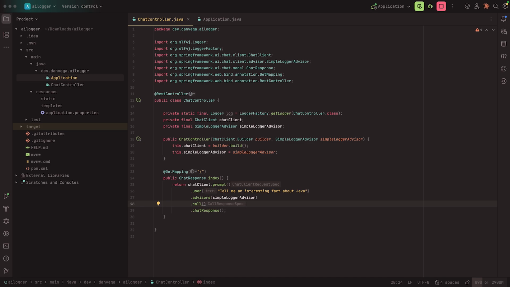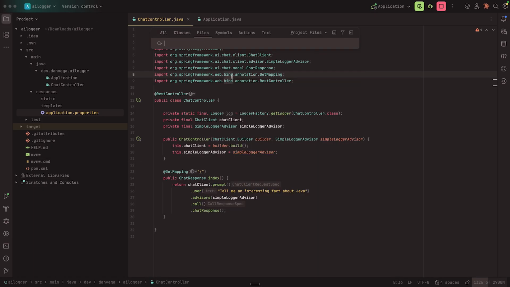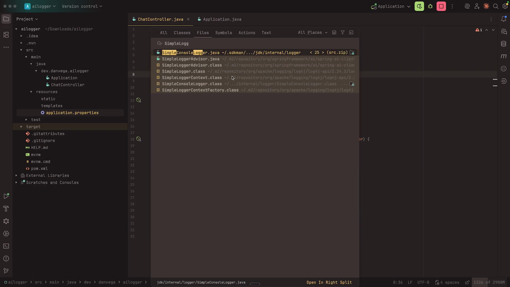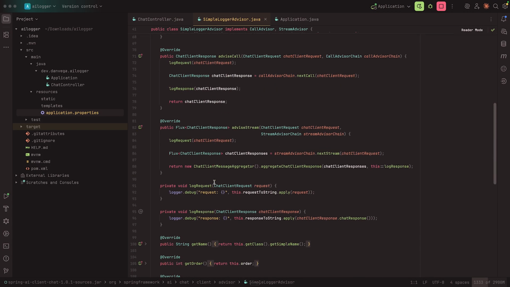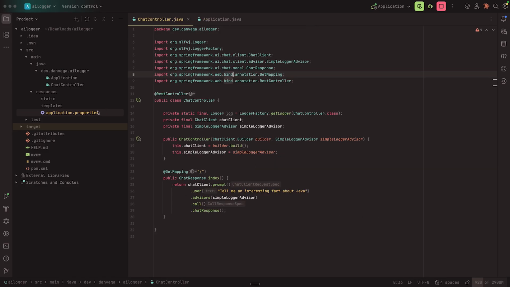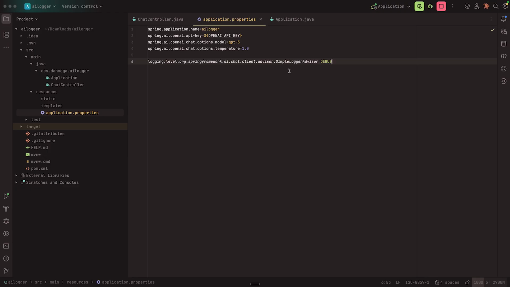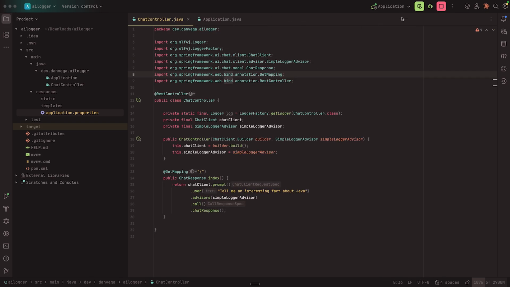If I were to run my application, I could get some info about that, but I need to do one more step. By default, let's look back at this class, simple logger advisor. Let's look at the log request, logger.debug. By default, this is logging out at a debug log level. So we just need to go ahead and change this. Set the logging level for the simple logger advisor to debug mode. And now if we go ahead and rerun our application,